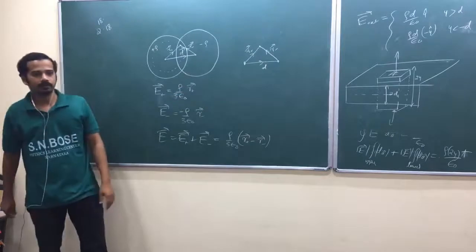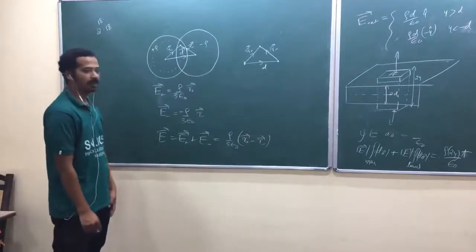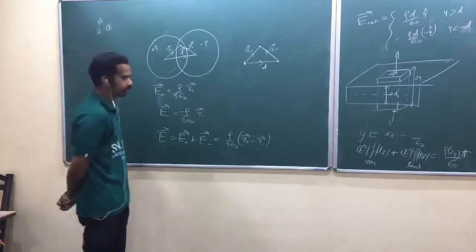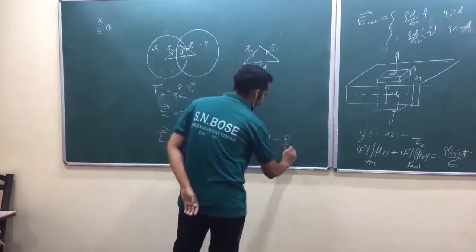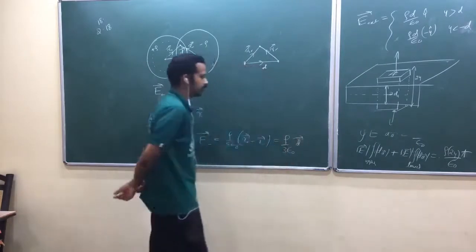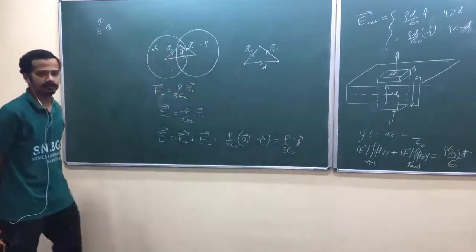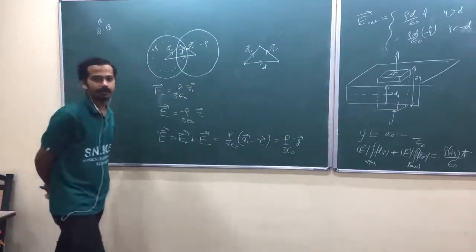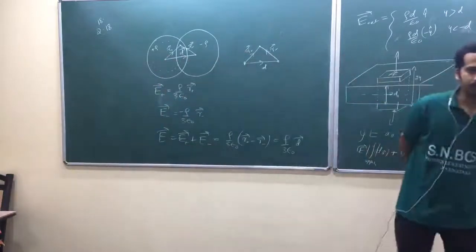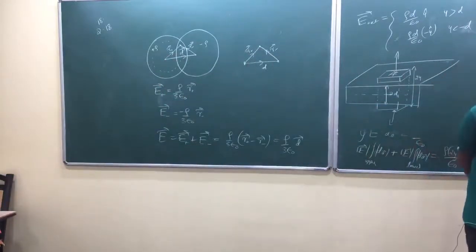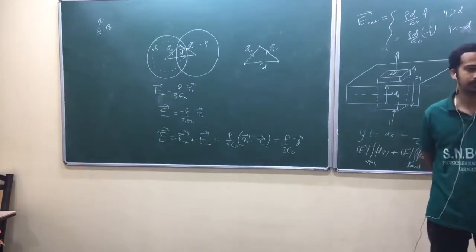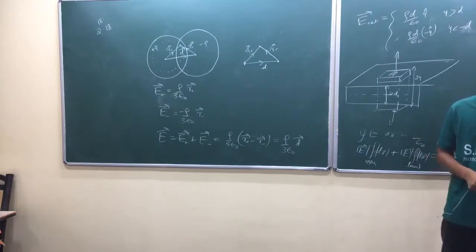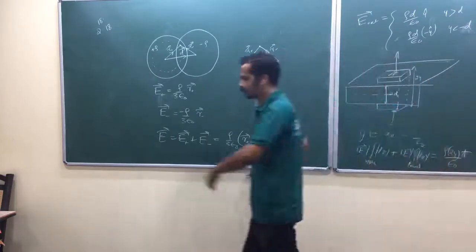According to triangular law of vector addition, what is R plus minus R minus? Speak out. D. Rho by 3 epsilon naught into D. Somewhere in TF for exam, they designed a question out of it. In between, in the overlap region, the electric field is uniform and it is along this direction. Is that okay? So that's what he was expecting.